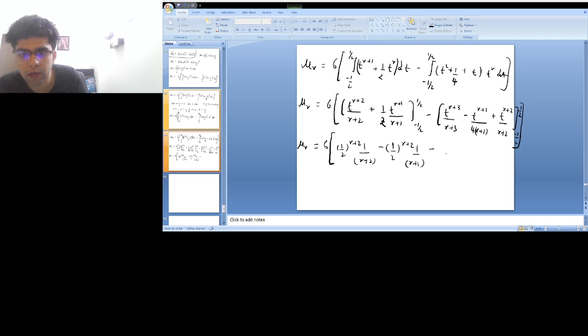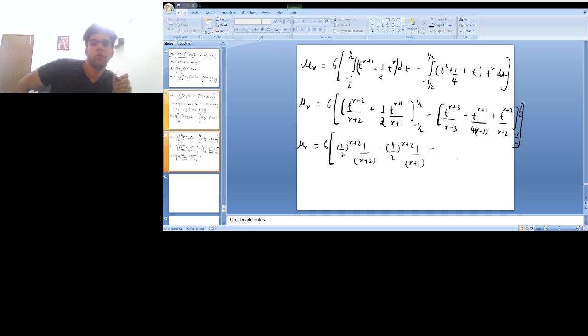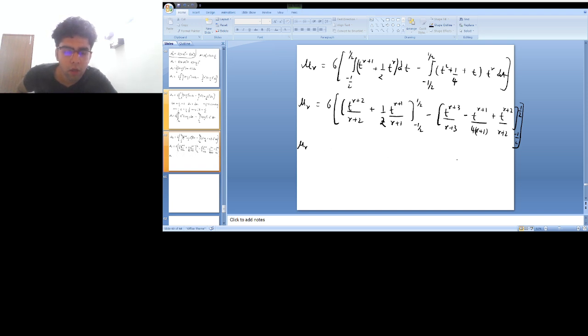Now we need to find if r is odd or even, or I can also leave it on the previous step. I don't need to put in the limits. We need to find the rth moment. So if I just clear this out, using this expression that we just found,